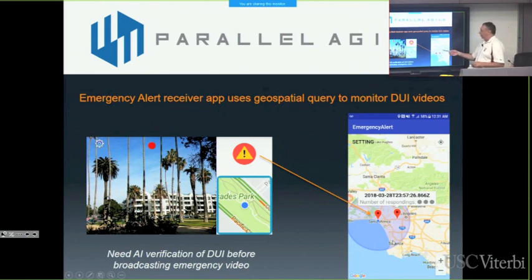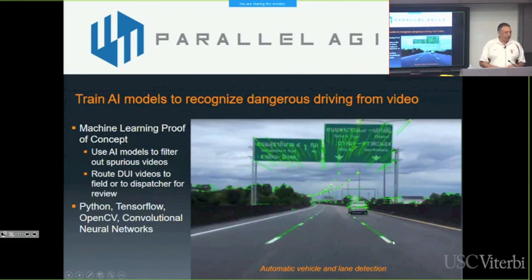This kind of led us to the need for machine learning, because if people are driving around and they hit this button by accident, we don't want to spam the police cars with a bunch of nonsense video, okay? So what we now need is machine learning to sanity check these videos and figure out where to route them. So I've got 15 students this semester, and we're doing TensorFlow, OpenCV, convolutional neural networks, and basically what